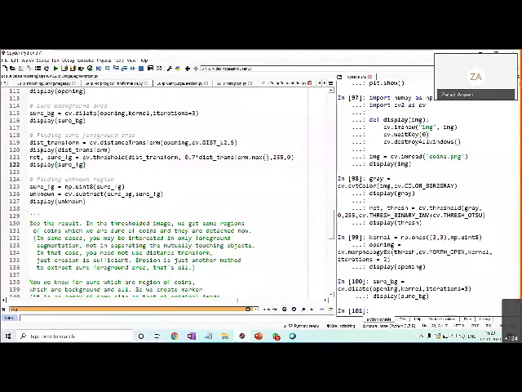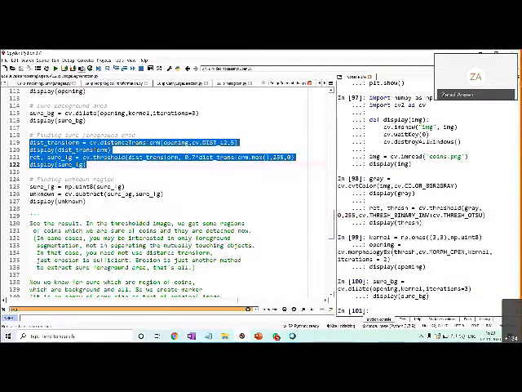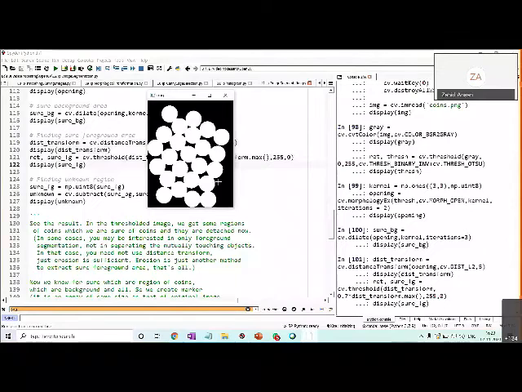So basically we apply the distance transform, then take 0.7 of the maximum pixel value for thresholding, in order to get the sure foreground. The white things are the sure foreground.